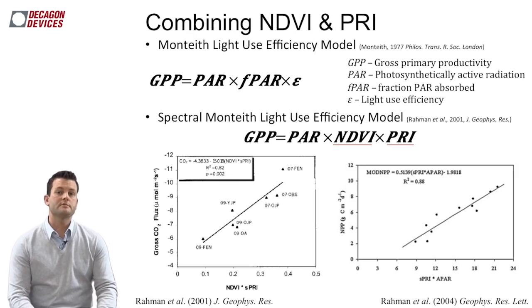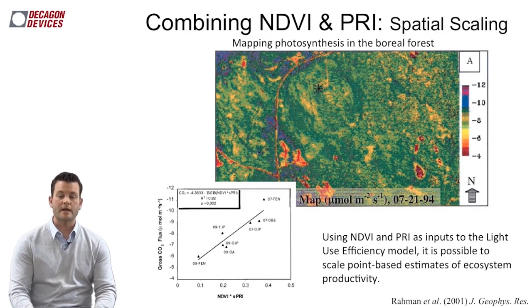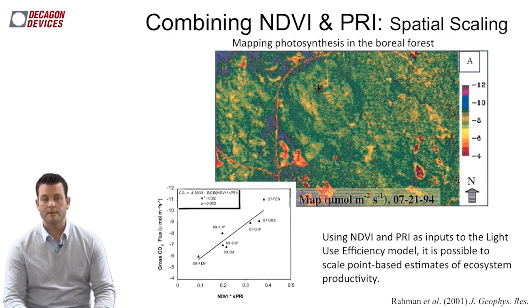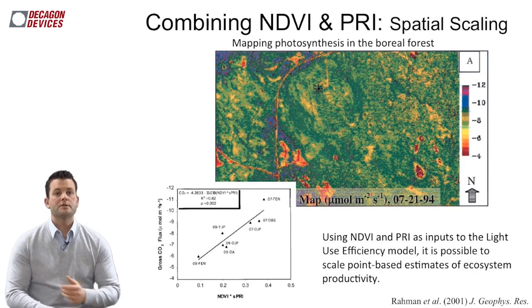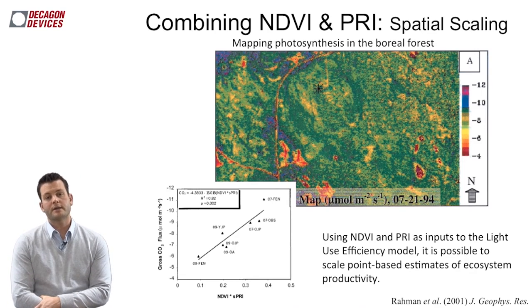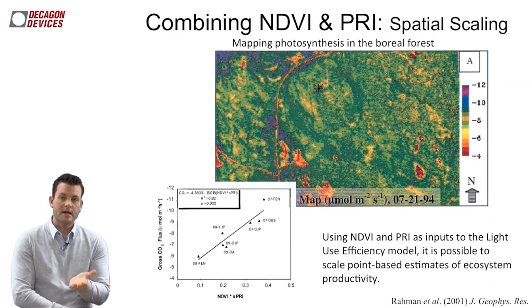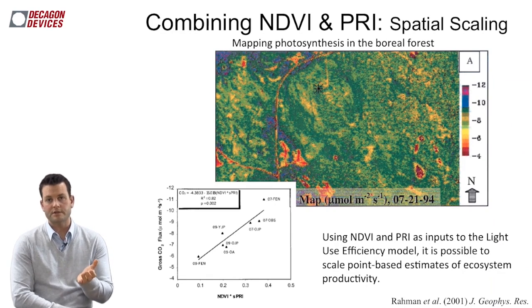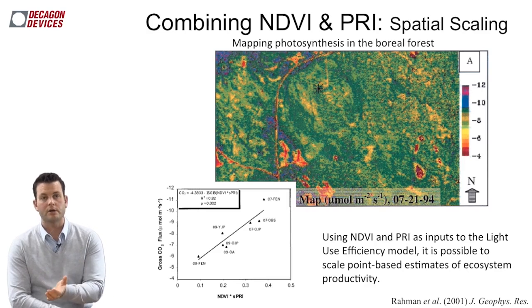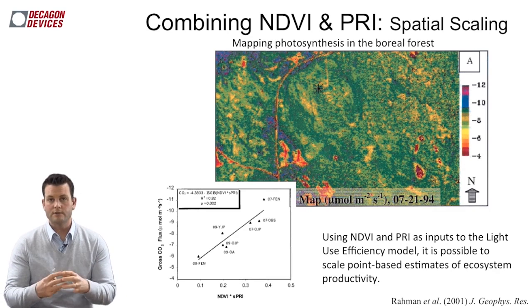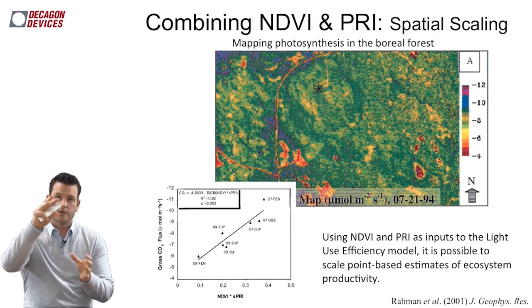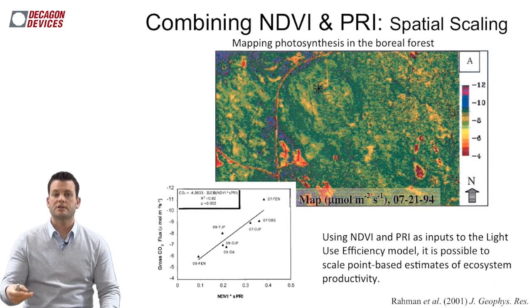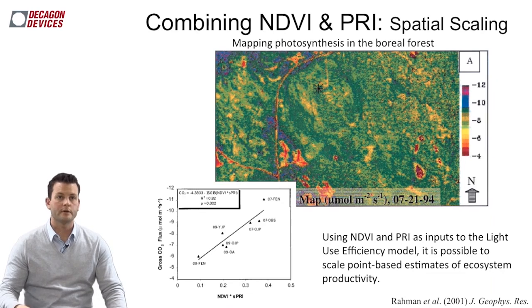So one application here of combining the NDVI and PRI in a light use efficiency type model would be spatial scaling. What's being displayed here is a product that's been derived from some satellite imagery. From that satellite imagery, the researcher was actually able to calculate NDVI and PRI. So they combine those in the light use efficiency model, and then for each pixel or each location within the image, they can actually extract an estimate of CO2 uptake